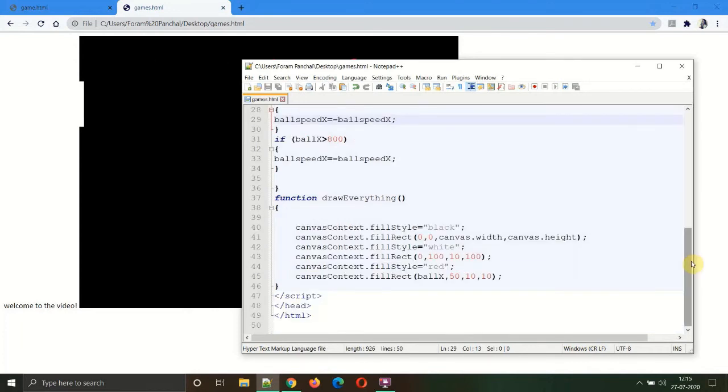Okay, so now let's create a function template. For that, you can see that we are repeating the two lines again and again, the color and the coordinates.